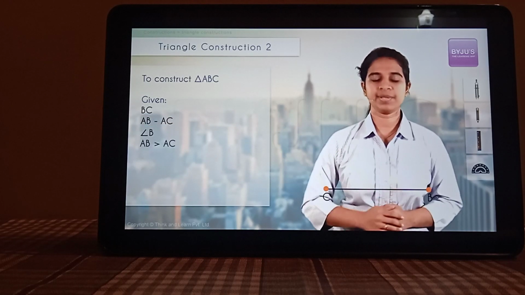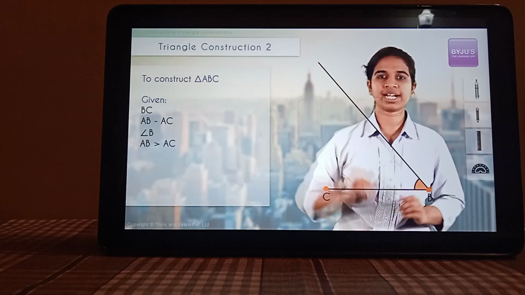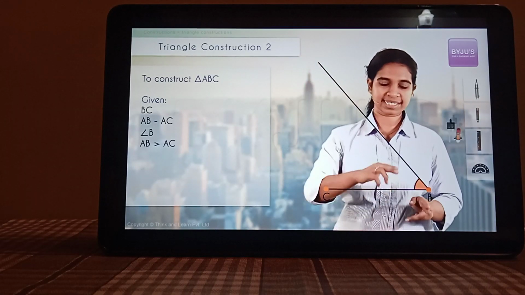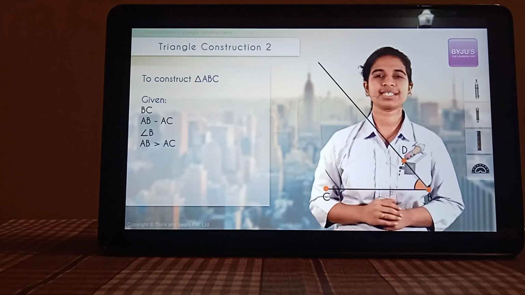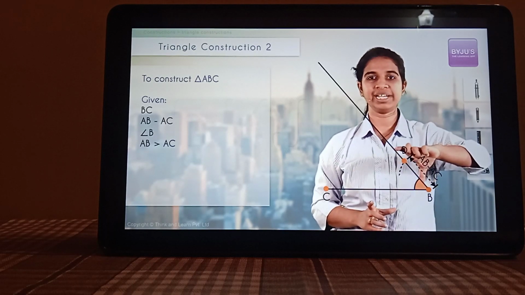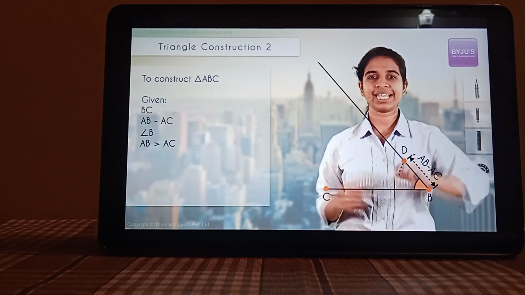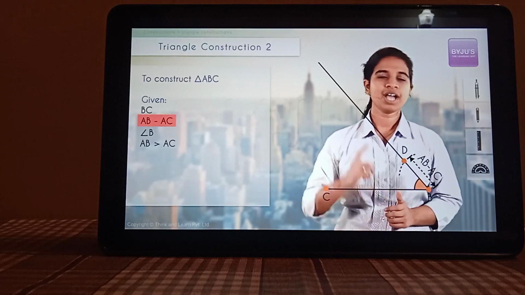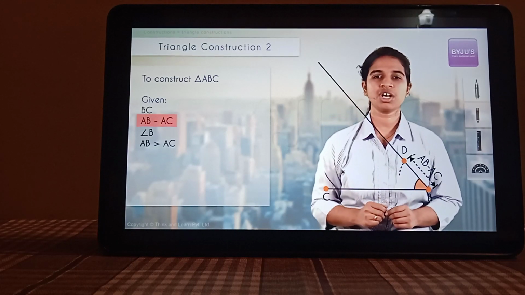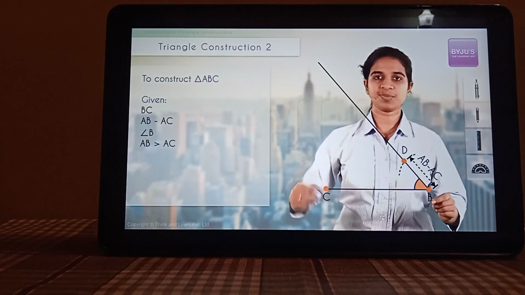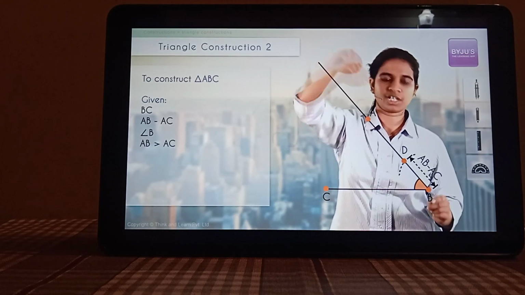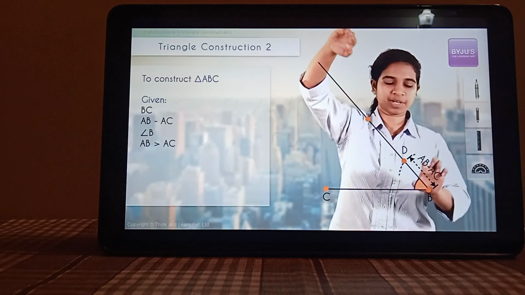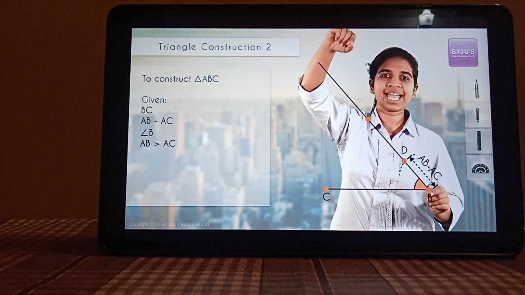And again, angle B is given. So angle B is given, we drew that angle. Now AB minus AC is given. Let's draw this as AB minus AC. Let's draw this BD. BD is nothing but AB minus AC. Now, using the same logic that we saw earlier, let's say point A is somewhere here. It will be along this BD, correct? Because this angle is still constant. A has to be here.